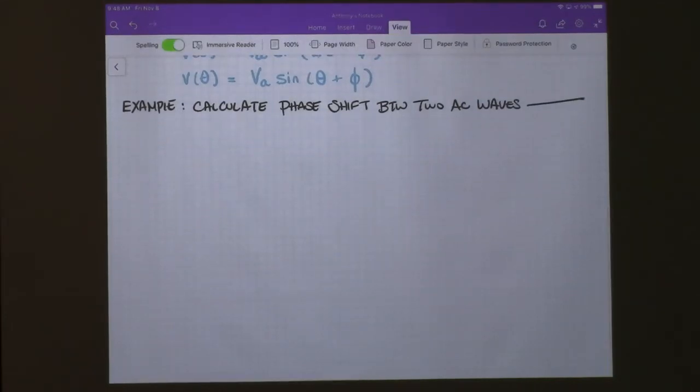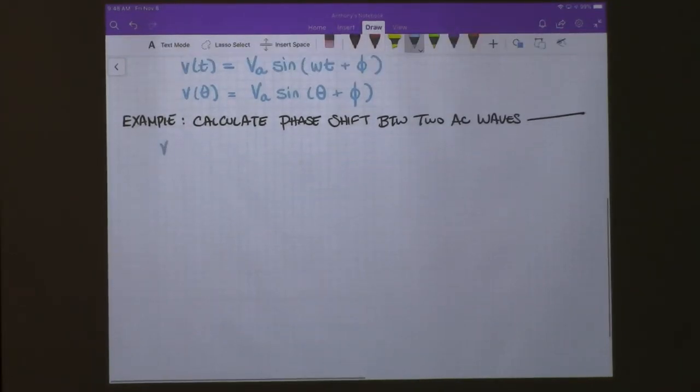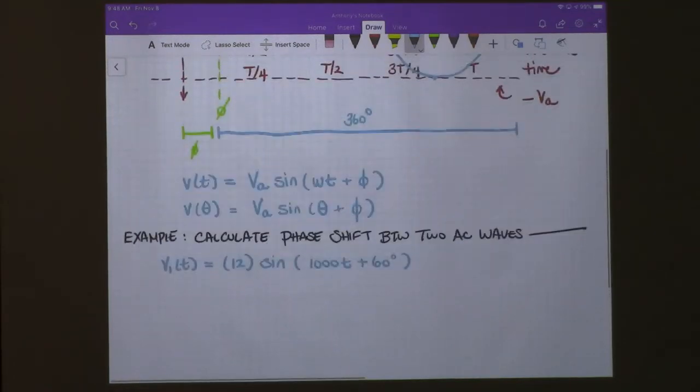Okay, so let's say we have two waveforms. They look like this. We have V1, and that has a value of 12 times sine 1000 t plus 60 degrees. And one quick thing here that I probably should highlight